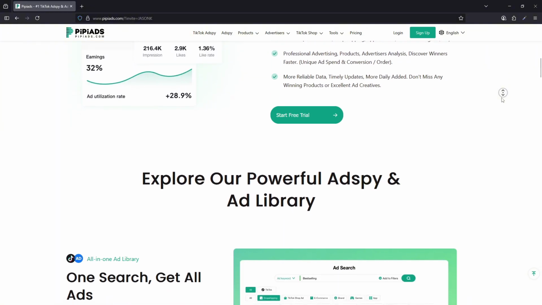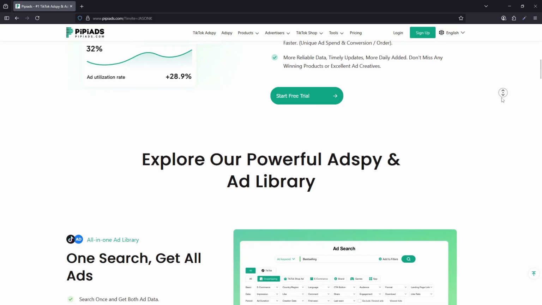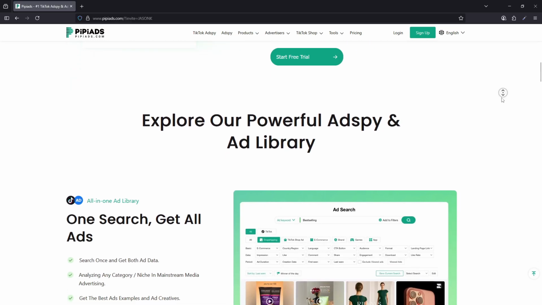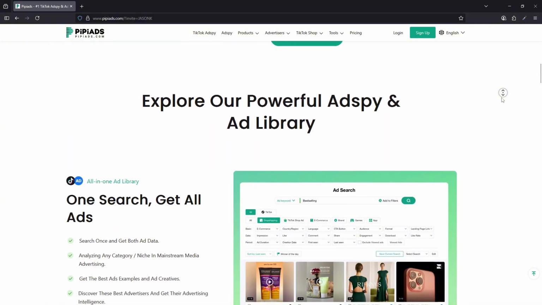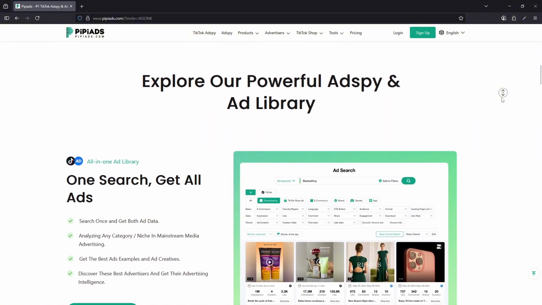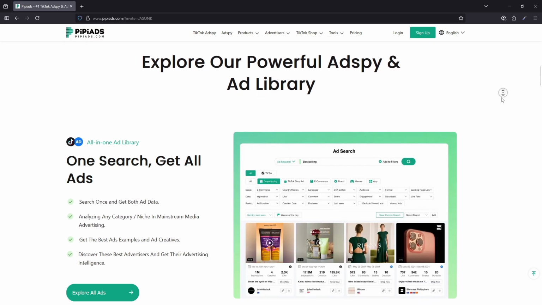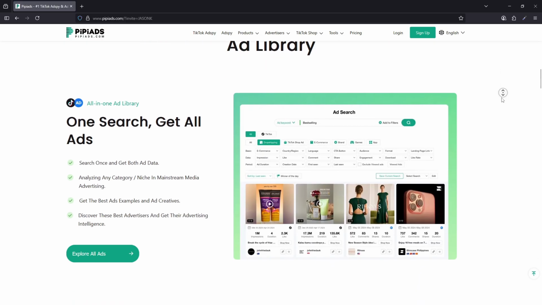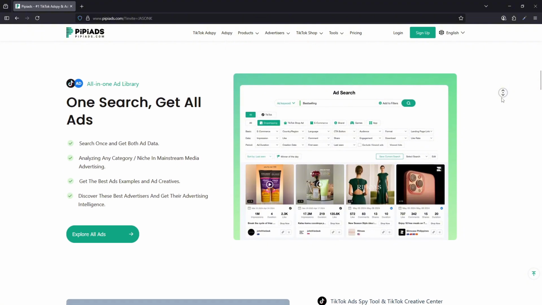So what can you use Pipiads for? Mainly, you can use it to find winning products and winning ads, okay? Now, what's a winning product? A winning product is a product that consistently generates high sales, it has strong customer interest, and it has solid profit margins, okay? Your winning product should be eye-catching, it should solve a problem, and it should be sold cheaply